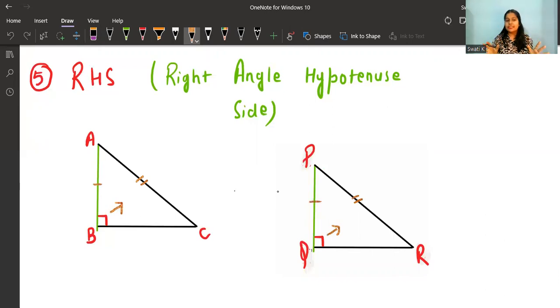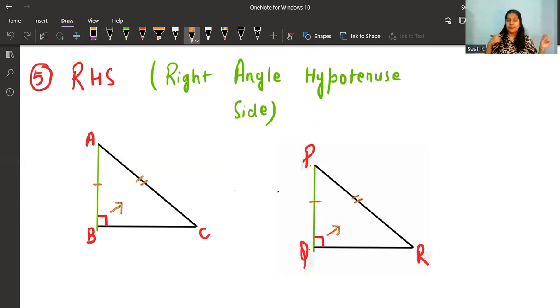Try to understand the difference here: SAS and RHS are almost similar. SAS is side, angle, and then side, and the angle should be included between the two sides. But in RHS, one angle is equal, of course, that is 90 degrees, one side is equal, that can be any side, and the hypotenuse is equal. So remember that whenever you have the hypotenuse, then a side, and the angle is 90 degrees,